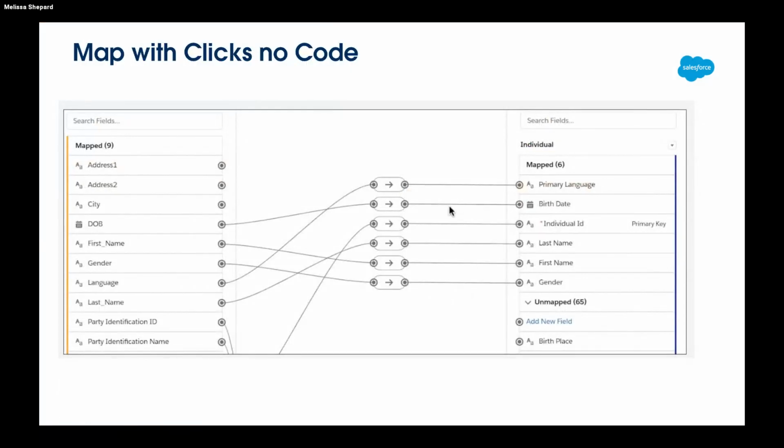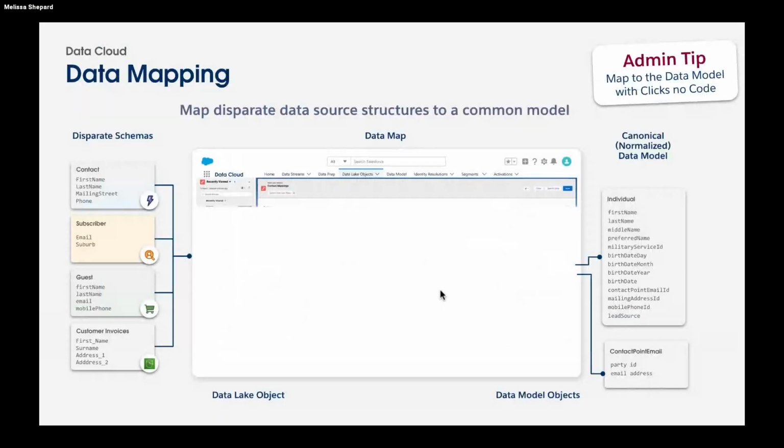So once you decide where you want to put your data and you have your data model set and you know where this data is going to go, then you can use the mapping tool. So you can map with clicks and no code. This is probably something very familiar for anyone that lives in an integration tool such as MuleSoft. You've got your data source data on the left and your target data on the right. And this is where you can do things such as build transformations and bring data into where you need it